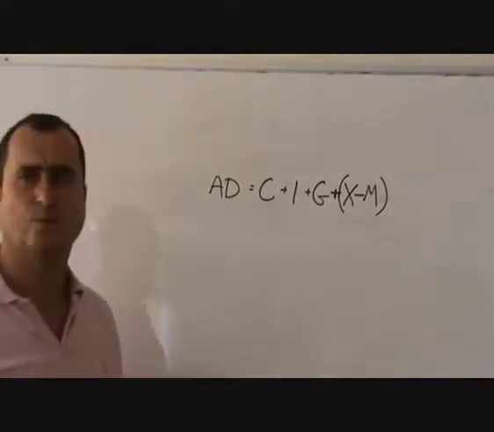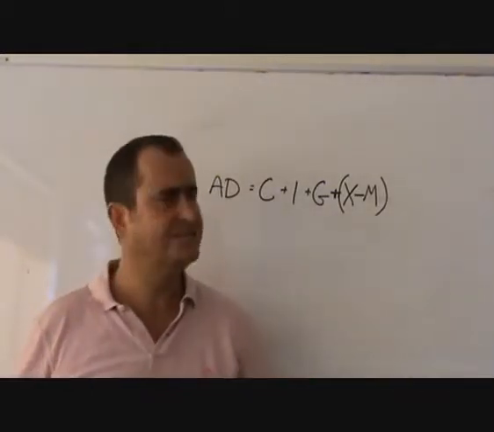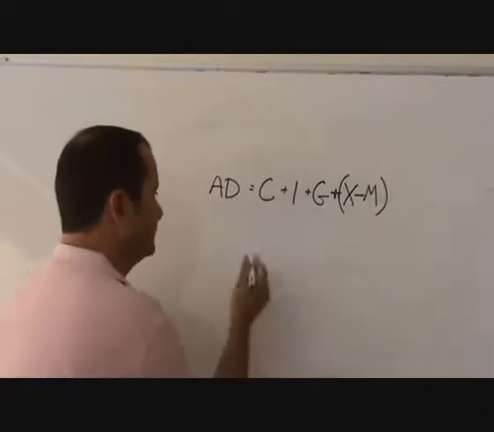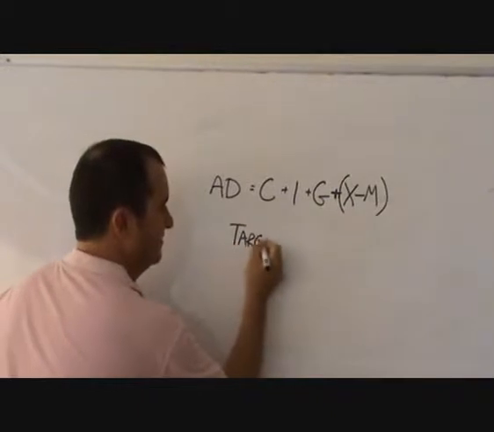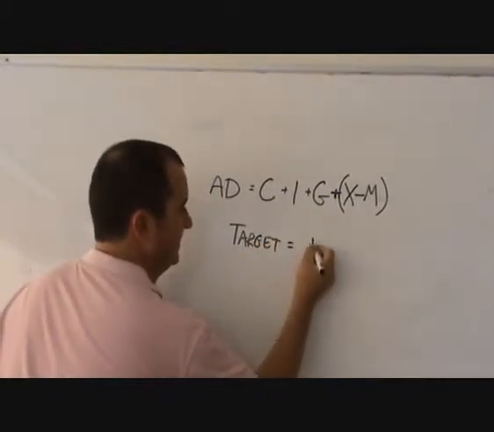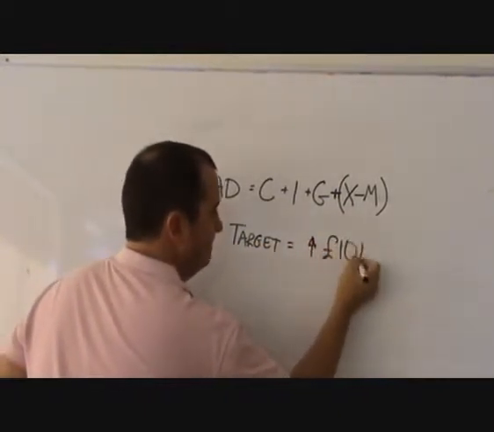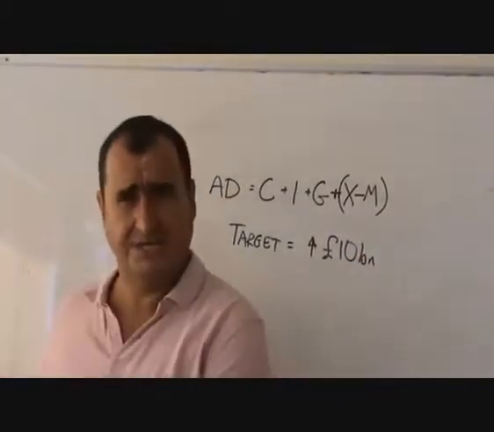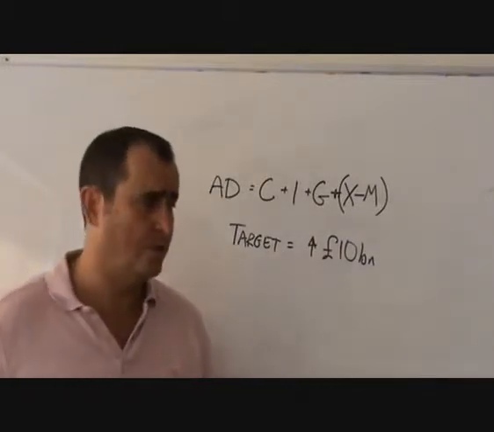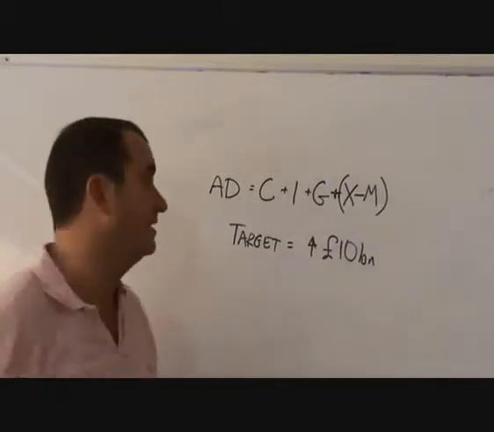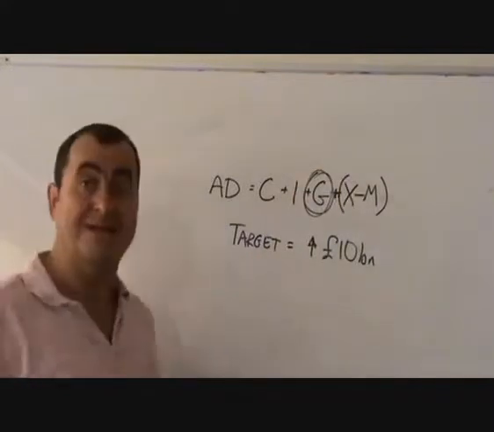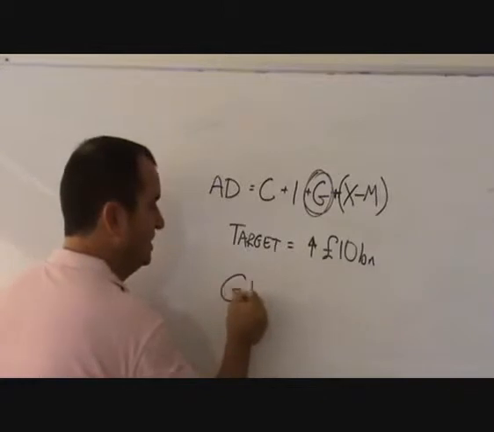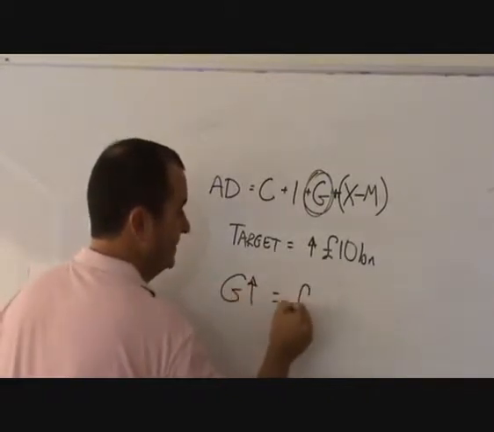Well, if the government wants to boost aggregate demand, let's say it feels it needs to boost aggregate demand by 10 billion. The target for the government's fiscal policy is an increase of 10 billion pounds. So this government decides, right, well, without raising extra tax, we're going to increase our spending. We're going to increase G by 10 billion. They're going to overshoot the mark because of the multiplier effect. If G goes up by 10 billion,